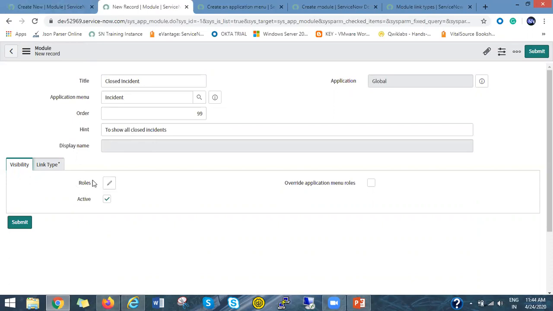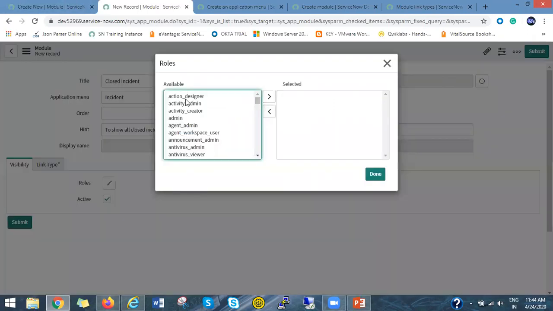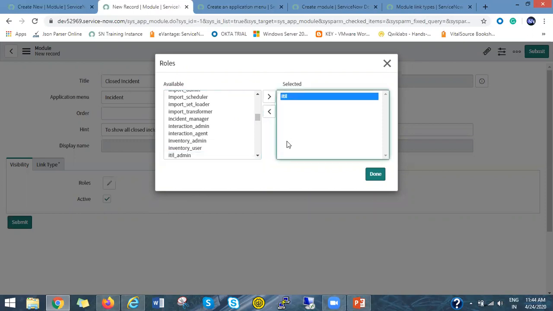Here you can define one or more roles. What I want is that only ITIL users can see this particular module, meaning if a user has the ITIL role, then only they can see the Closed Incident module inside the incident application menu.